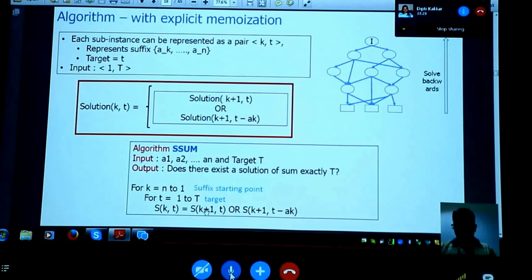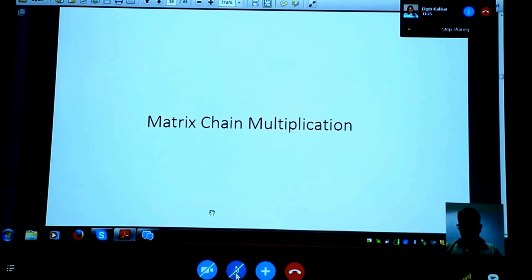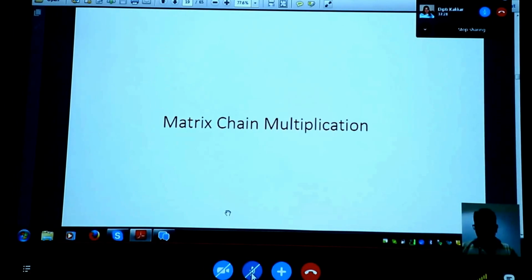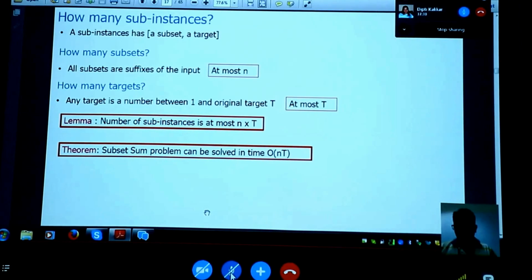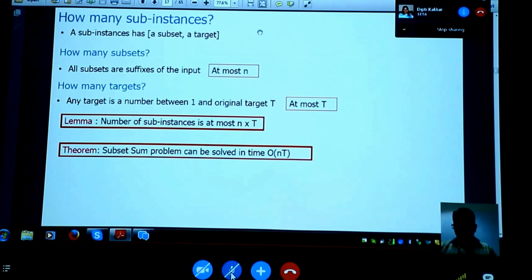Okay, so that's good. Now we'll see one more problem where things become more general. This is an example of a problem where the subinstance you get is not really a suffix, but more than that. It becomes a segment. In subset sum, the subinstances are simpler, always these suffixes. Now we'll see an example where they're not suffixes. They can be any segment, like 532, 326, any starting, any ending, any interval can be a subinstance. So we're going to see an example of something a little more than what subset sum can do.